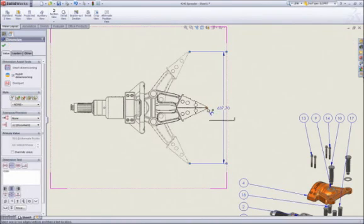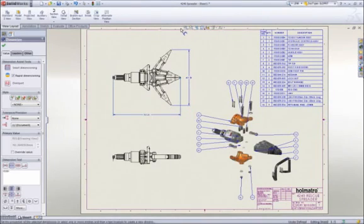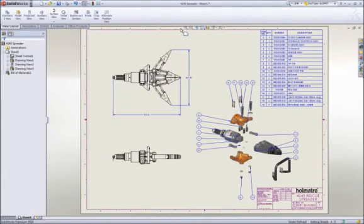We strive to deliver simple but effective tools to help you design better products faster. When you have an idea for a great product, SolidWorks provides the tools to design it in less time and at lower cost. This has been your first look at